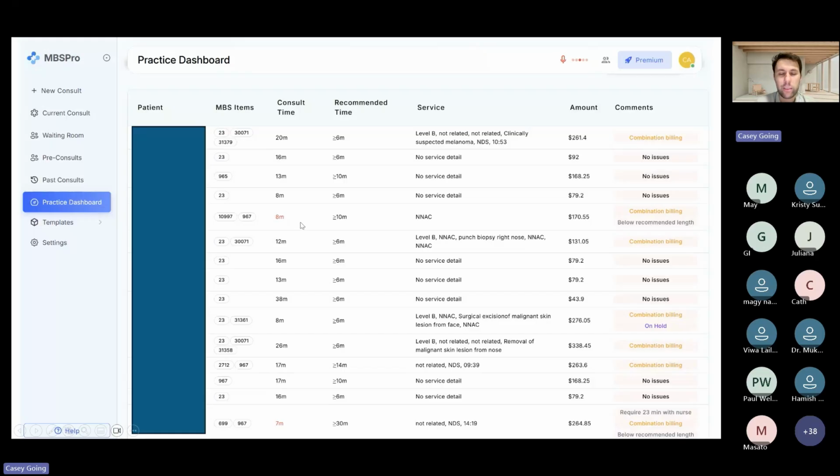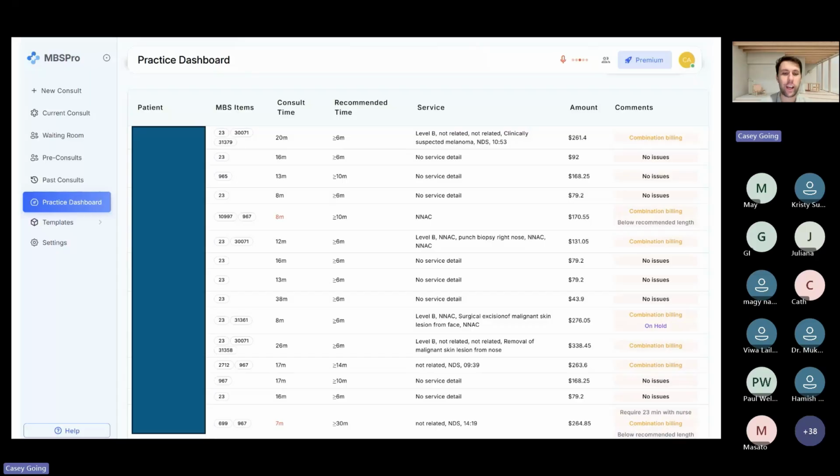We're not flagging it in the context of, we're calling the police or anything. It's just to let you know that maybe you've billed a 23 and the timer only went for 5 minutes. When we say timer, it's based on when you open the notes to when you finalize the visit, not necessarily click out of the chart. So finalize it, send the billings off. The reason we're putting this in there is just to flag it with you. So no, we're not the police. We don't tell anyone anything anyway.